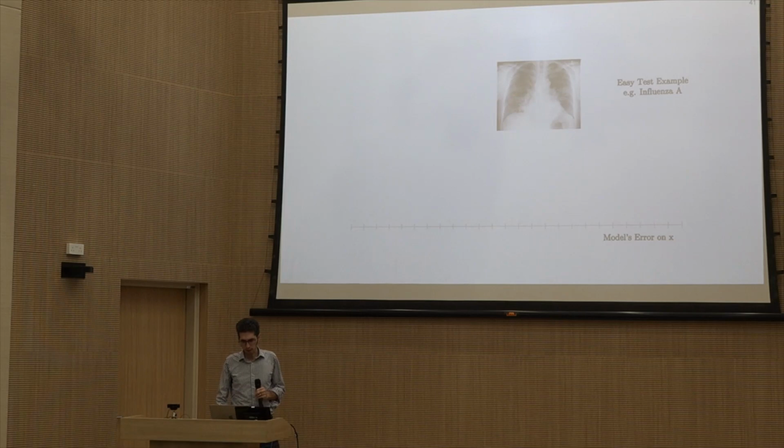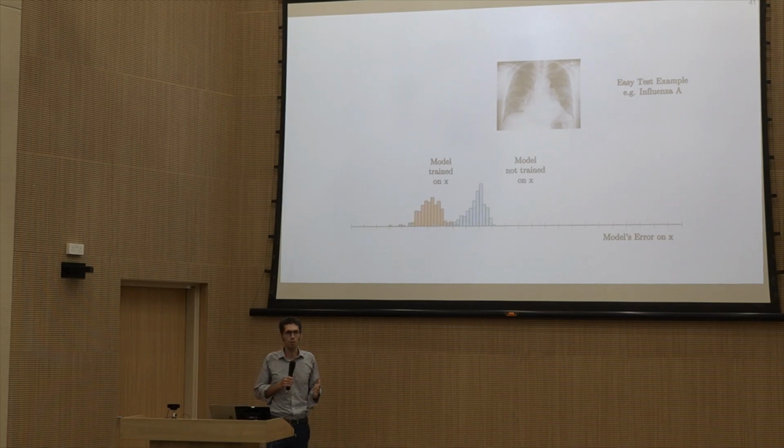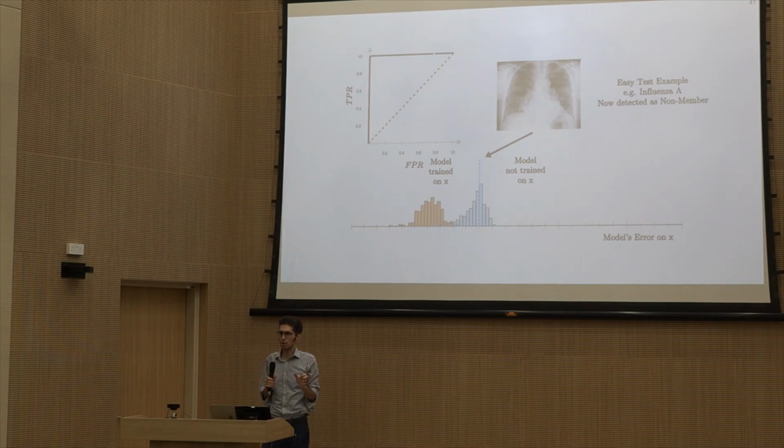And this is an example of an easy test example, another type of error that we made. So the data point could be very easy. The absolute value of the loss is very small, but still, on models that include me versus the models that don't include me, there's a separation. So I can stop here actually,